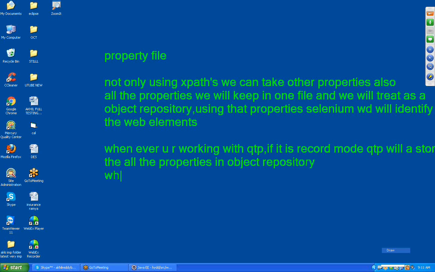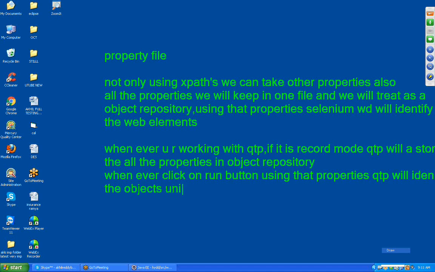Whenever you click on the run button, using those properties, QTP will identify the objects or elements uniquely.